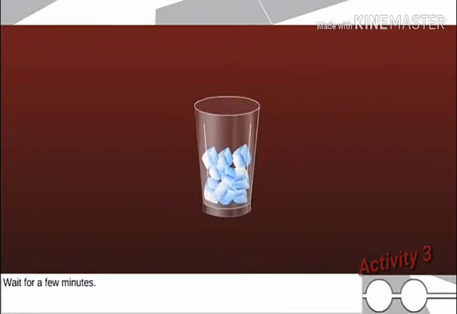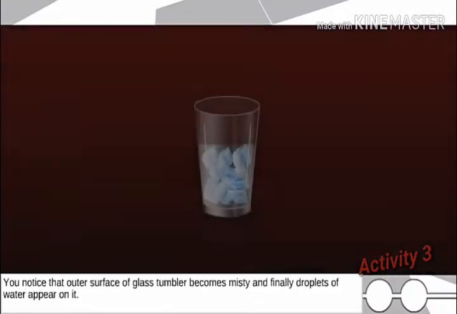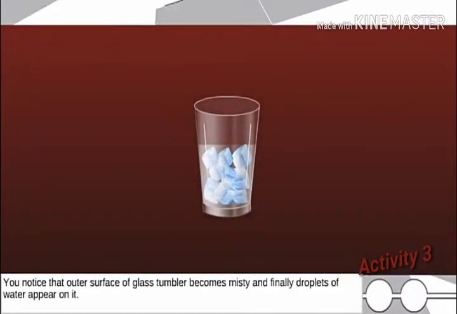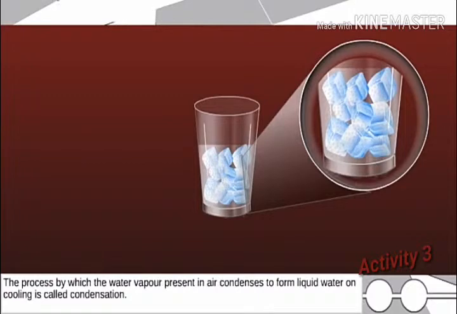Wait for a few minutes. After a few minutes, you notice that the outer surface of the glass tumbler becomes misty and finally droplets of water appear on it. The process by which the water vapor present in air condenses to form liquid water on cooling is